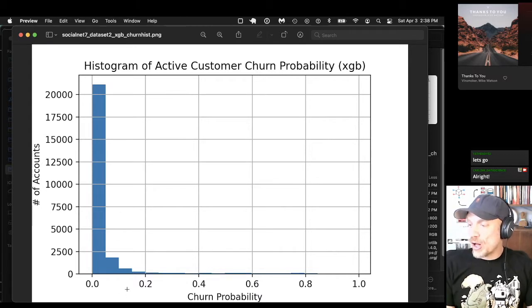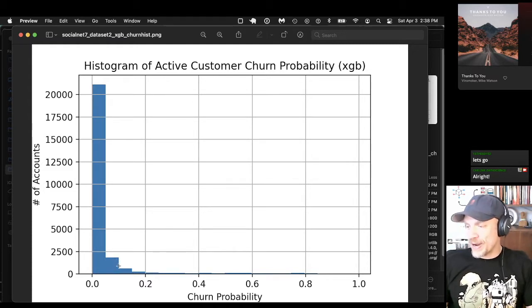A small number of customers have more than 5% churn risk, represented by this bar, which is the 5 to 10% range, and this is the 10 to 20% range. Then there's a very small number of customers in a long tail with much higher churn probabilities. But most of the predicted churn probabilities are just 0 to 5%.